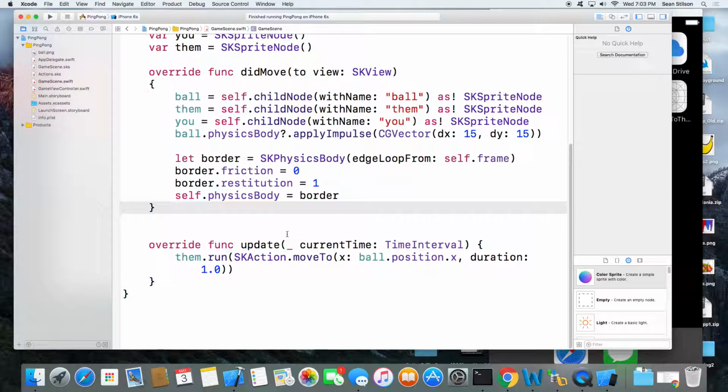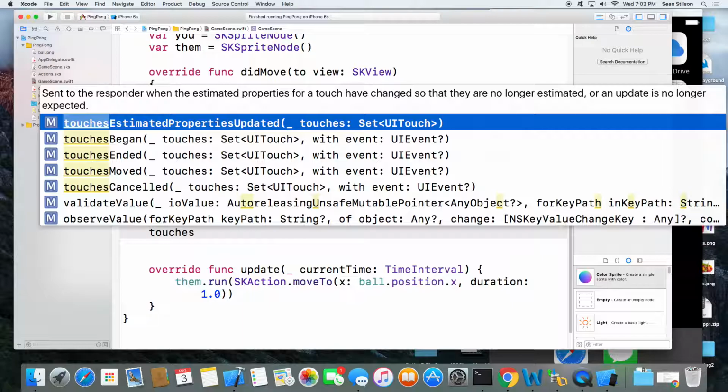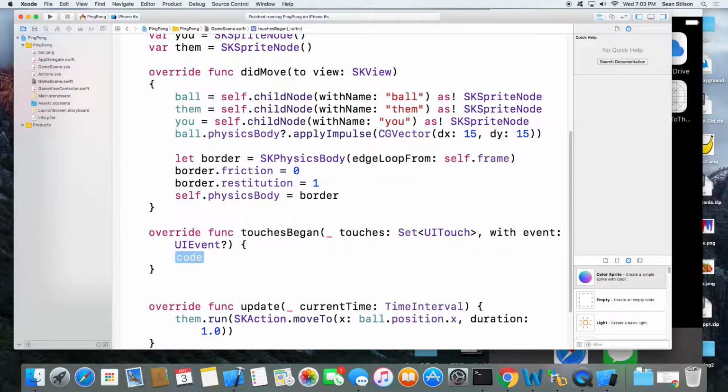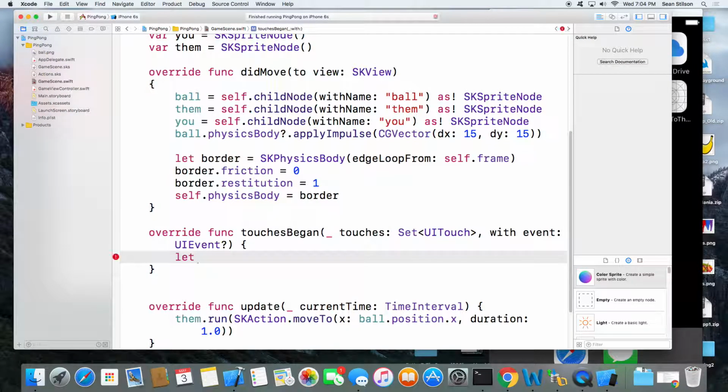So now we're going to code in some touch events. I'll start off with touchesBegan. This is almost identical to a UIView touchesBegan or a UIViewController touchesBegan delegate. You have a set of touches, so we're going to work with it the same way. We'll get the first touch, because this is basically a single finger game.